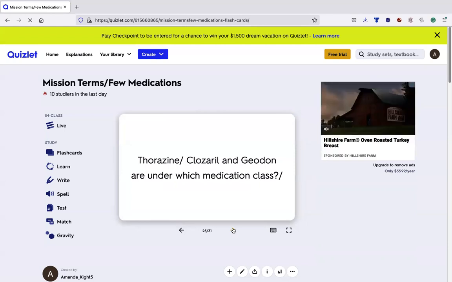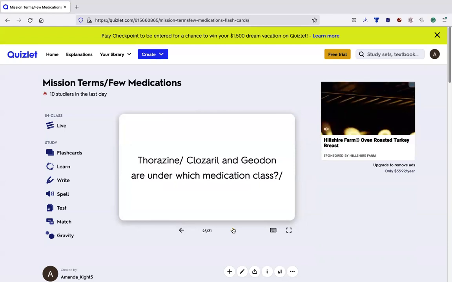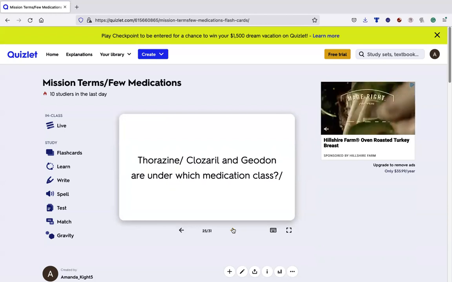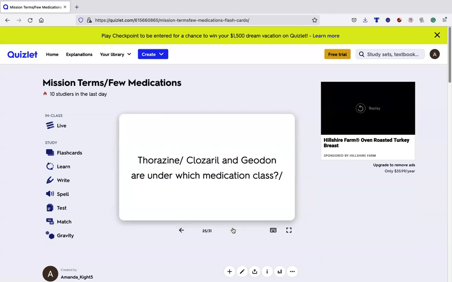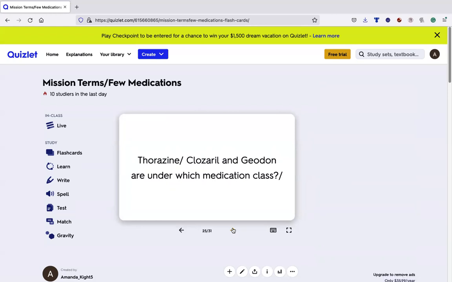Next, I'm just mentioning these now: Thorazine, Clozaril, and Geodon. Which classification of medication is this? They are also antipsychotics. And I will put them on a list if you need to know them. I'm trying to introduce you and get you used to seeing the names and being familiar. That's the main goal. And we already know what antipsychotics do. They all work in generally the same way. However, they affect everyone a little bit differently, and there might be a reason one is given over another.